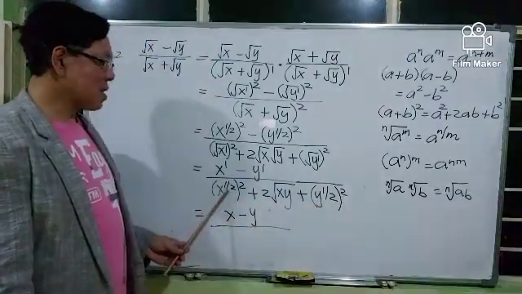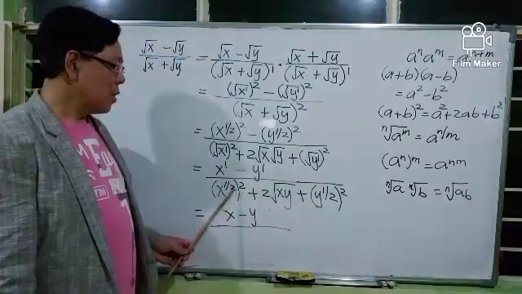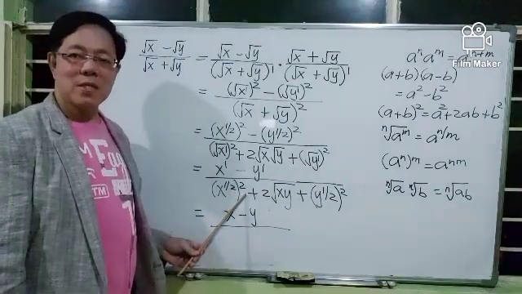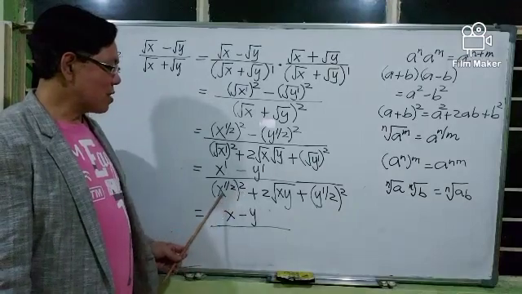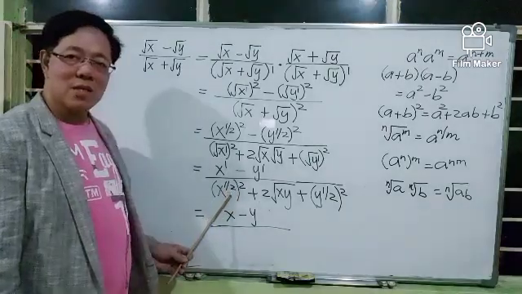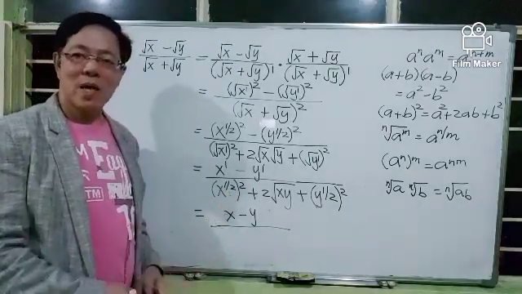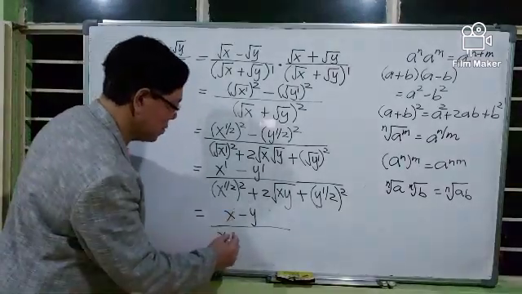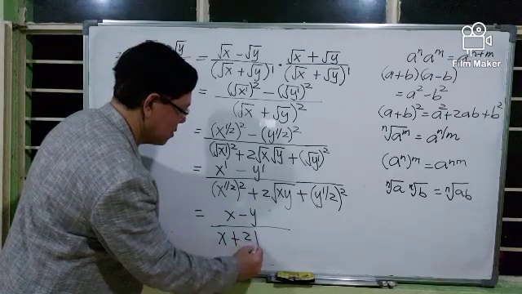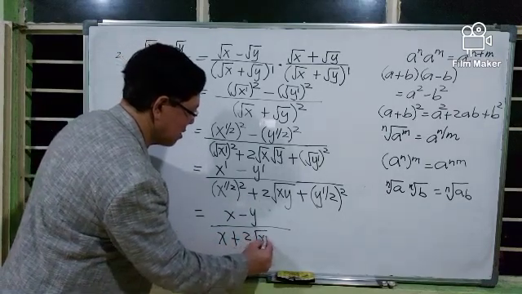We multiply the exponents 1/2 and 2. 1/2 multiplied by 2 is 2 over 2, which is 1. Hence, the square of x raised to 1/2 is x raised to 1, or we simply write x, plus 2 square root of xy